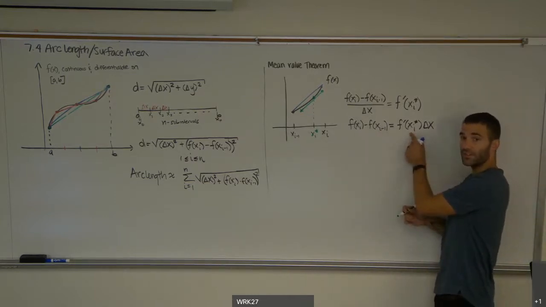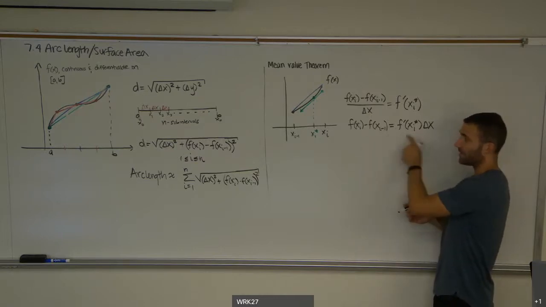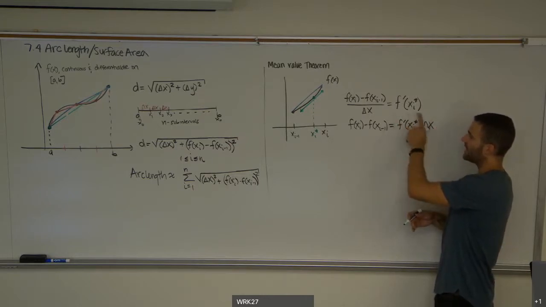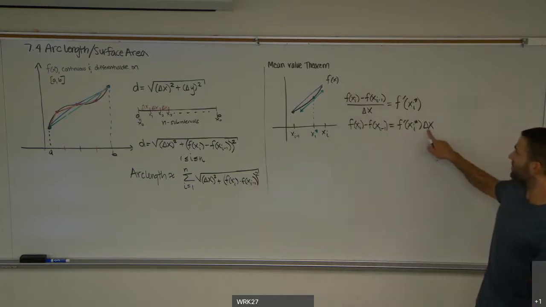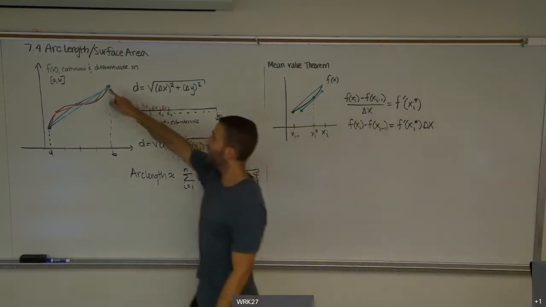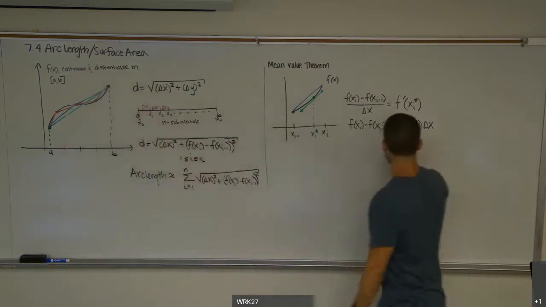Now we learned about this in Calc 1 when we talked about differentials. This was actually something that we wrote out and discussed. And so what I can do now is take this expression and replace the change in the y-coordinates here by something in terms of delta x, specifically the derivative at xi star. And that is why it's always important, when we set up, that we need to be continuous and differentiable. I need to be able to take a derivative of this function